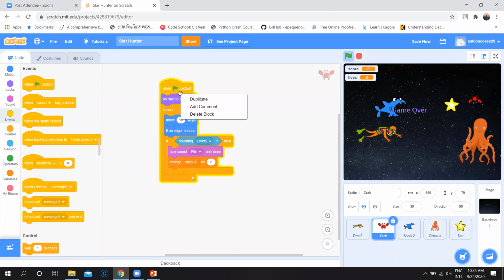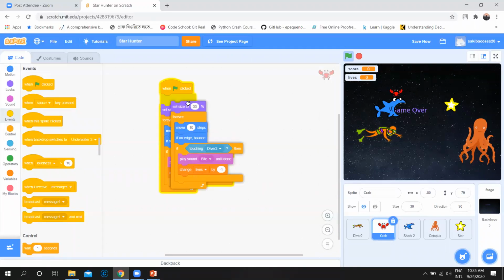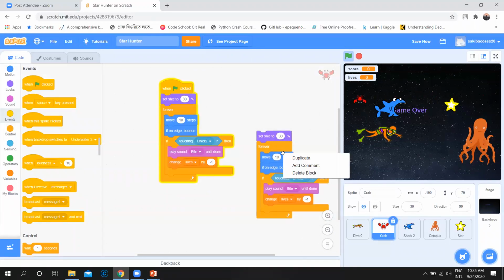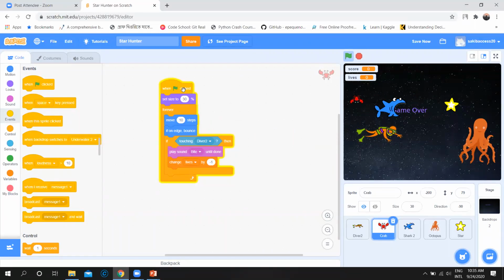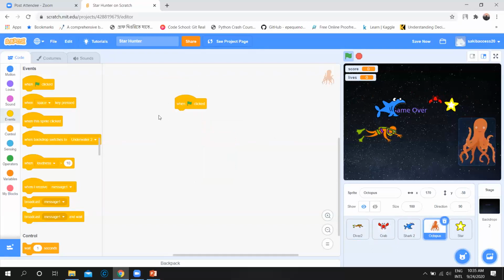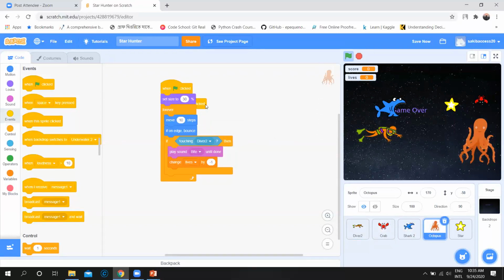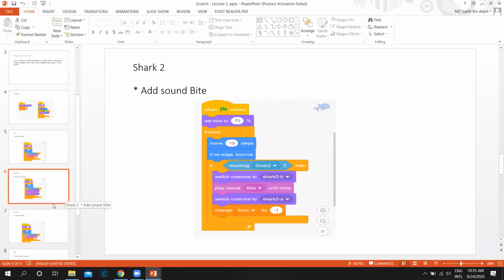Control C. You can copy in the same block, duplicate it. Delete block. Just click on delete. Let me check, Control C. Yeah, you can copy. It's Control C and Control V. So just select the whole block and copy.